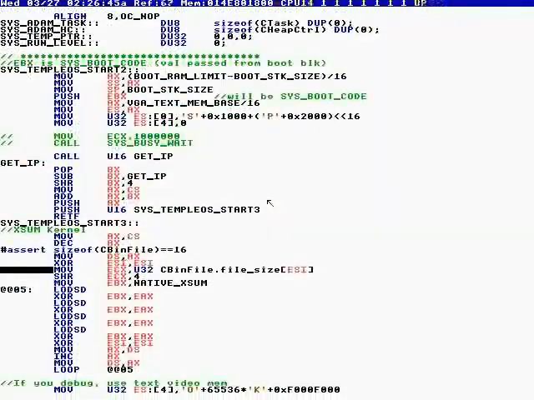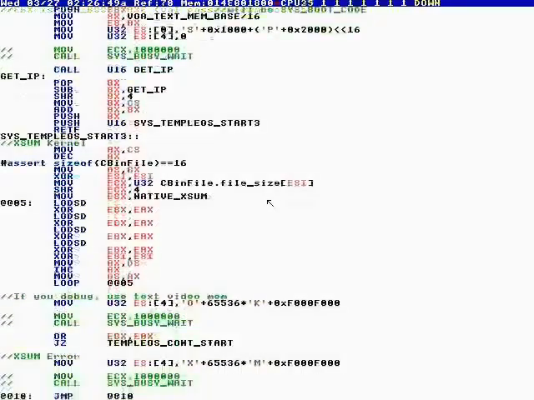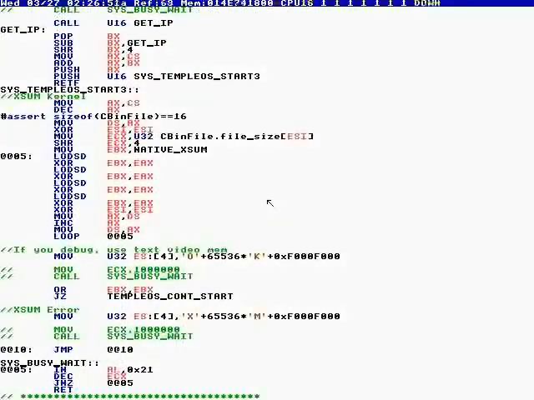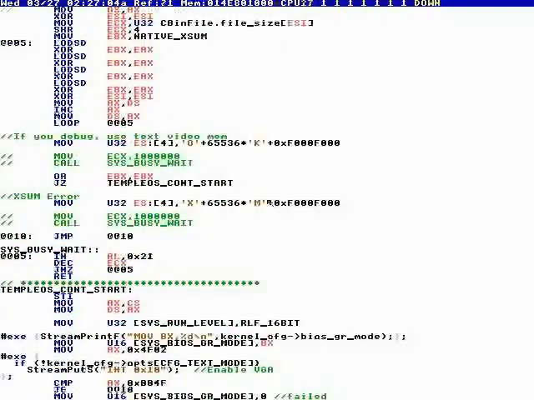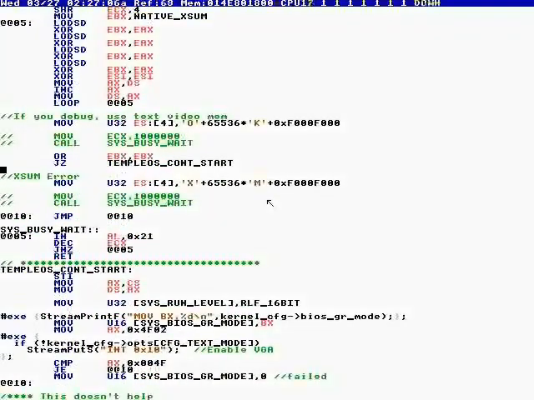Anyway, so we calculate a checksum, see if the kernel has a correct checksum. We write to ES's B800, which is not the BIOS. We just plot or write to screen memory. Okay, what's a checksum error? Oh, okay, or checksum error. Anyway, so when it continues startup, it sets